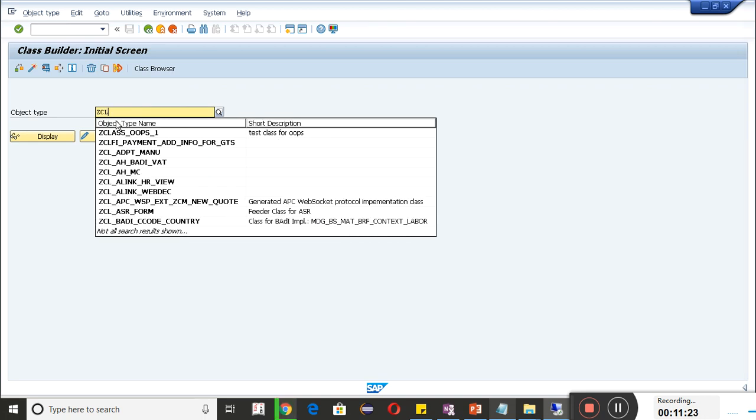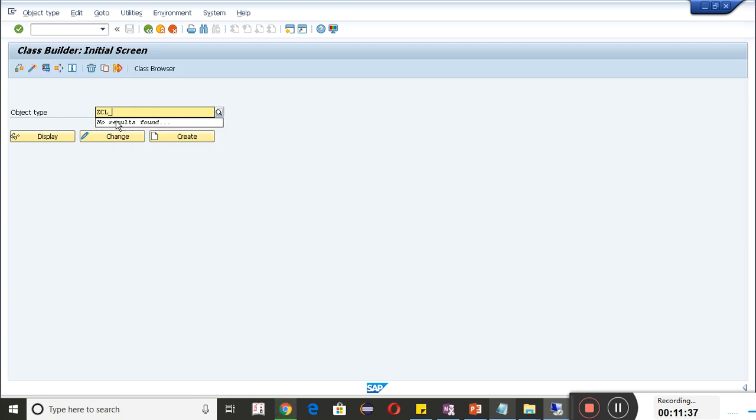It must start with ZCL. If you do not start with ZCL, it will throw an error and will not allow you to create. So ZCL